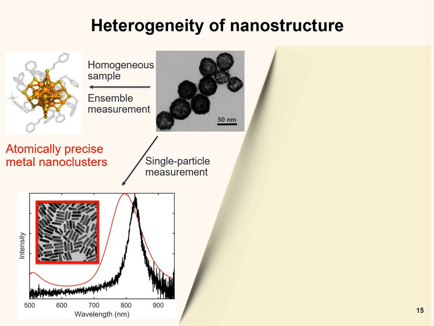Let me give you an example of single particle measurement. For example, this is a gold nanorod. It's a very good distribution. The size distribution is very narrow. The red curve is the ensemble measurement of the extinction spectra. The black curve is the single particle measurement of the extinction spectra. We found there is a strong shift, and also the ensemble underestimates the bandwidth. So this is a very good example of why single particle measurement is what we need to accurately determine their property.